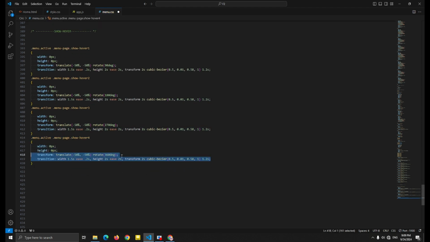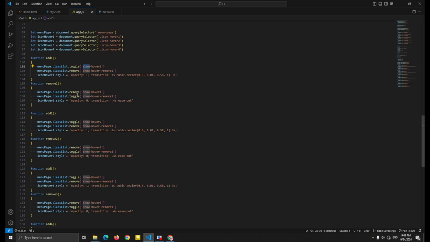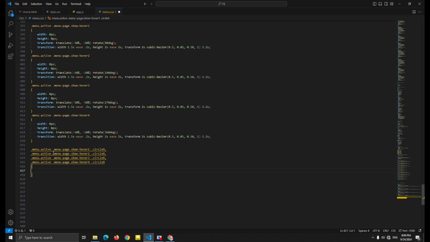Fourth one, again copy paste it. Just make it this 360 degree. Now let's add this remove hover and this show hover remove one. I'm gonna add this menu active menu page show hover one. Call all of this menu. Okay,